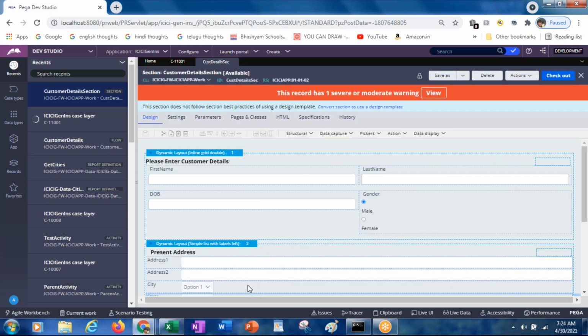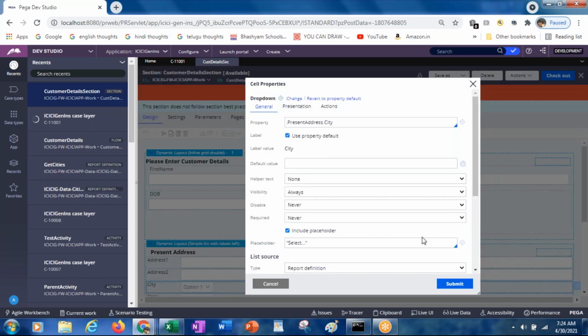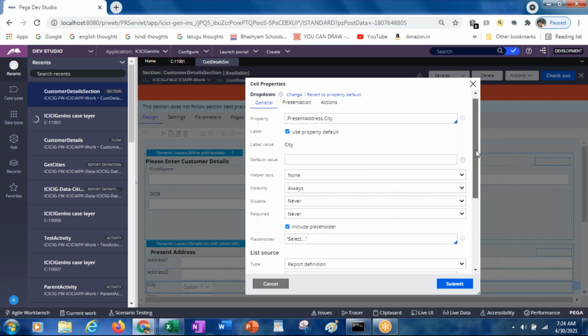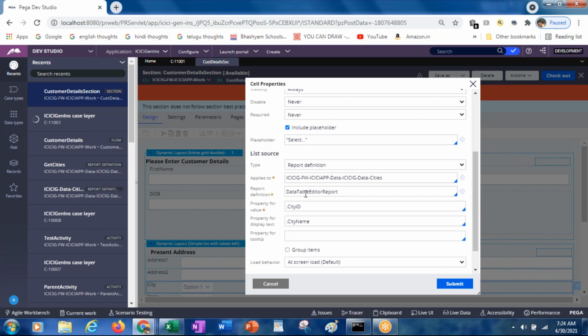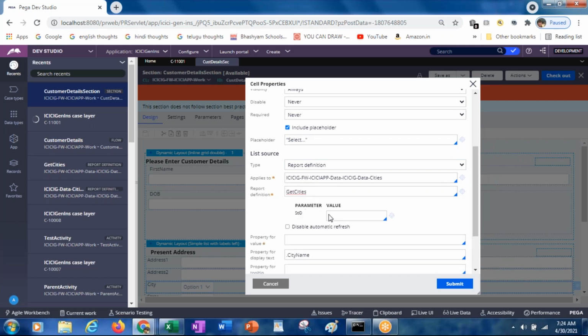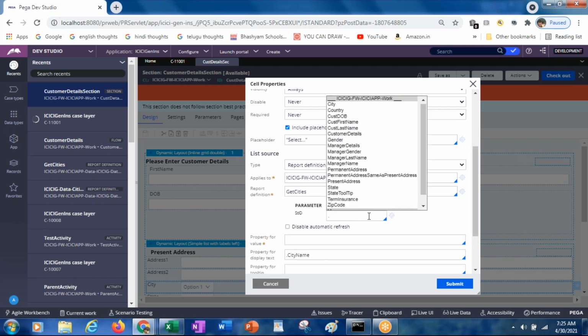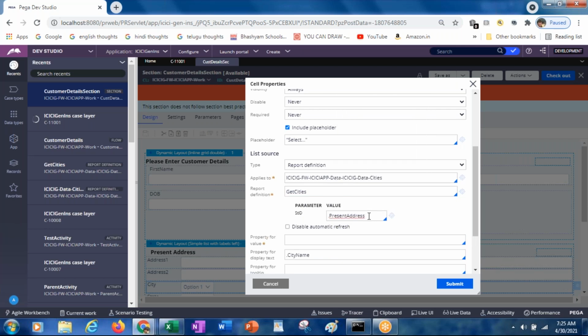That is the reason why even for city also, when you're calling the report definition, which is get cities, you need to pass the parameter value. How can you pass the parameter value? When you type dot, you'll get present address dot state. Now, if you select Telangana state, that will be passed to the get cities report definition.